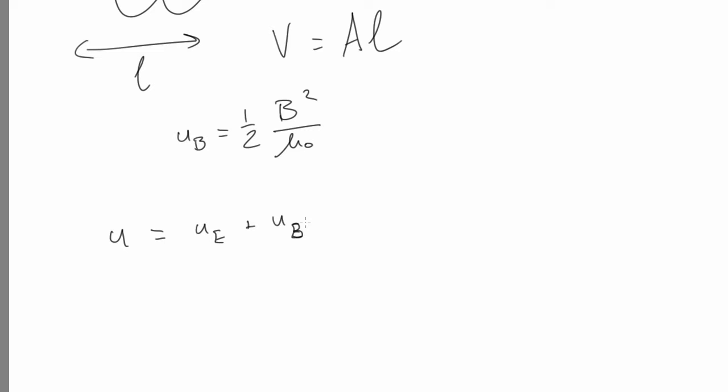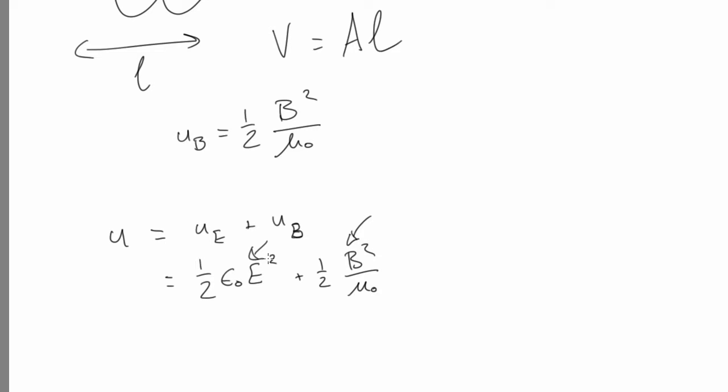If we just add the two equations we've just worked out together, we obtain the total energy density due to an electromagnetic wave anywhere in space. Here, just a reminder that E and B equal the electric and magnetic field strengths